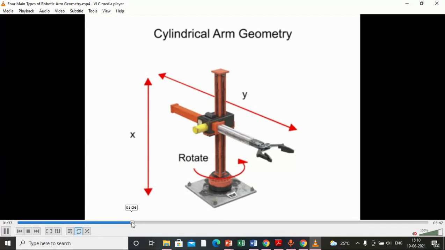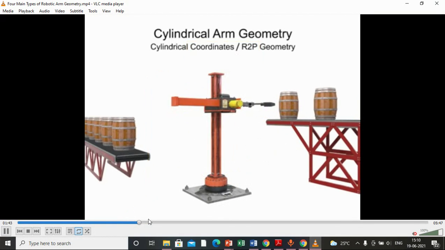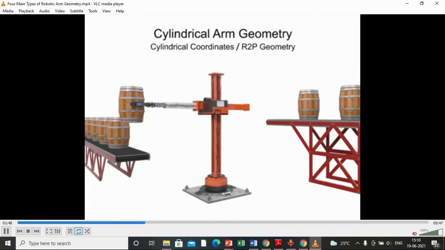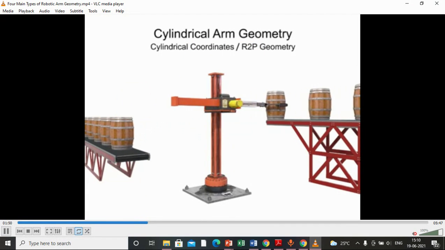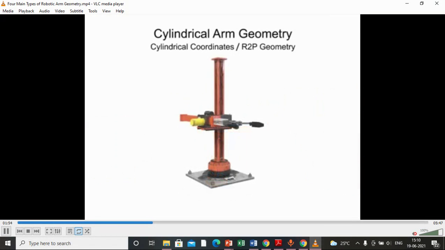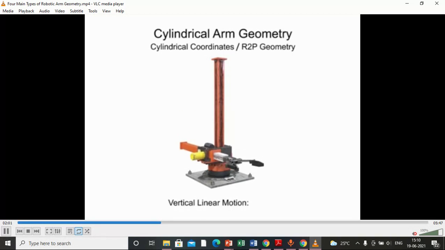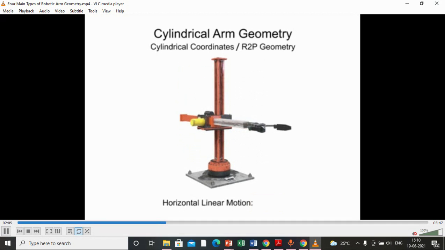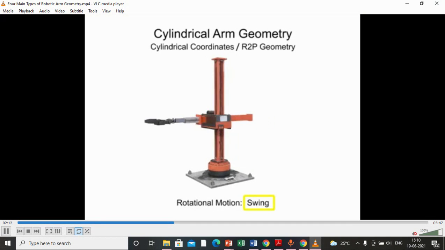Now moving towards direct applications, you can see here how it comes lower, and see how the holding, how the grip is present there, how they are working with the hardware. The vertical linear motion is called stroke, then the horizontal linear motion is called reach, and the rotational motion is called swing.